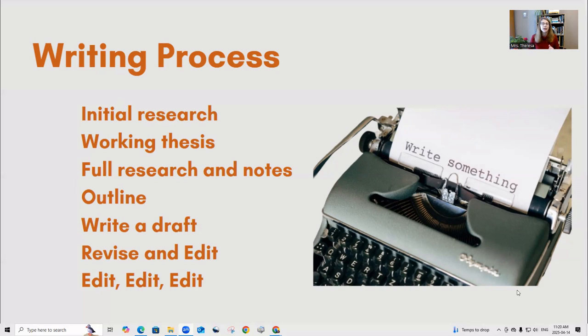The next thing we do is create a working thesis. So this is our statement that gives us some direction when we are doing our research. So we discover the different sides, we choose which side we're going to prove. It's really important in a persuasive essay to prove one side or the other. You can't do pros and cons. This is not an about the topic type of essay. The reality is, in the real world and in academics, we don't write about topics. We are always, always proving something.